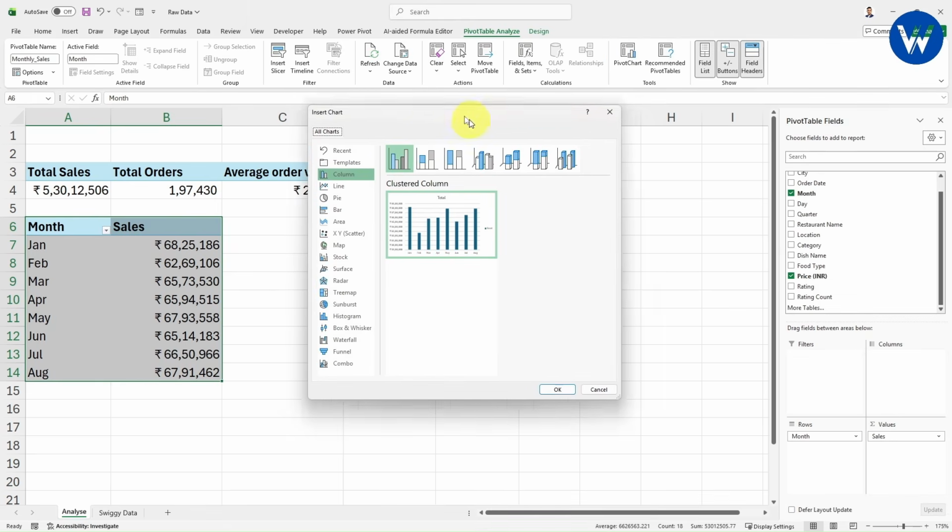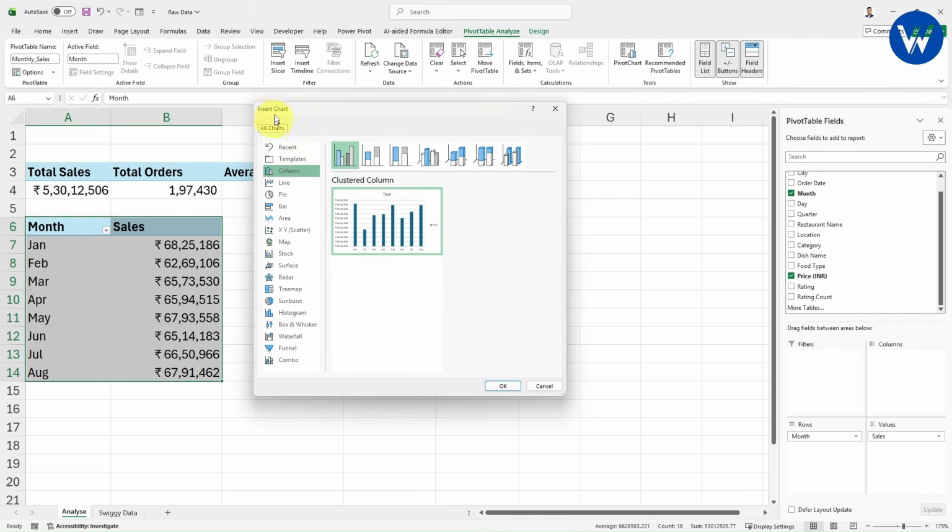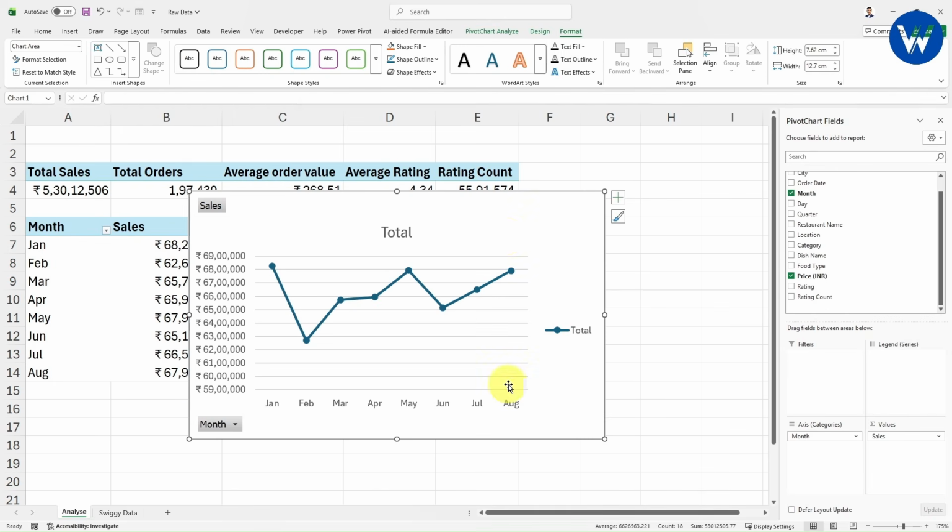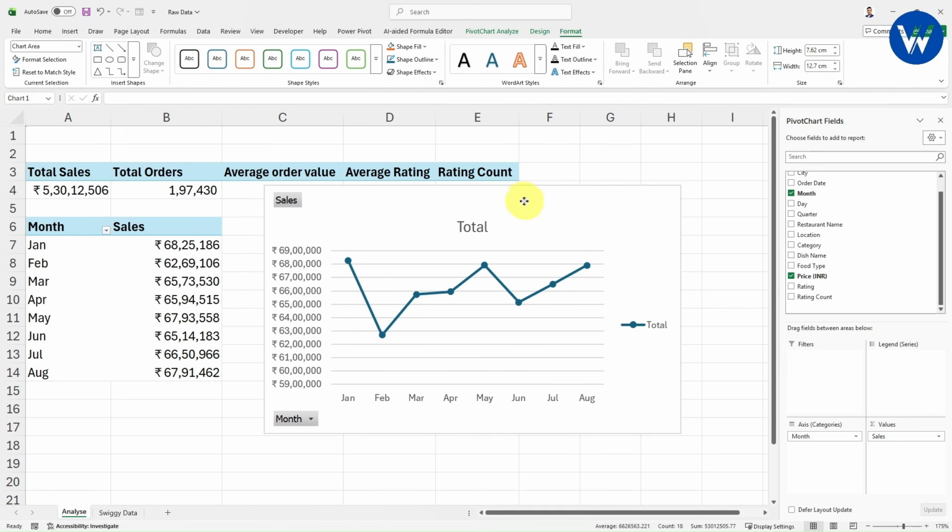Let's click on this option. Now finally with the help of this we can insert a chart. By default it will show you the column chart, but I want to show the line chart because whenever you want to showcase the trend, you need to take help of line chart. I will simply select this line chart. Now once you click enter, finally we will get the line chart, right?